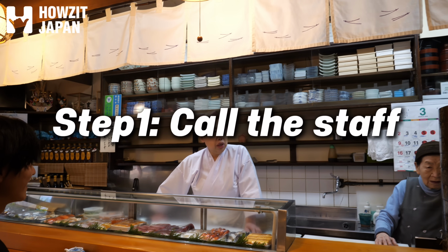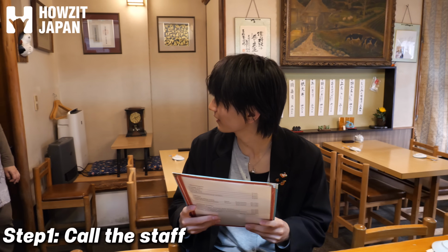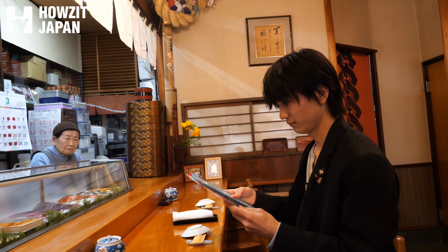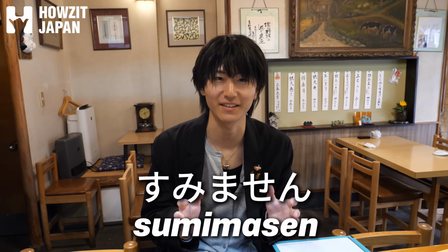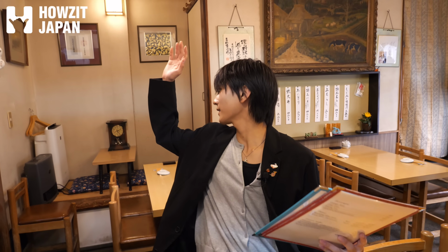In many Japanese restaurants, especially small local ones, waiters don't come to your table automatically. You usually need to call them over. The easiest way to do this is by saying, "Sumimasen!" You don't have to shout. You just say "sumimasen" clearly and the staff will notice you. If the restaurant is busy, raising your hand a little while saying "sumimasen" can make it easier to get their